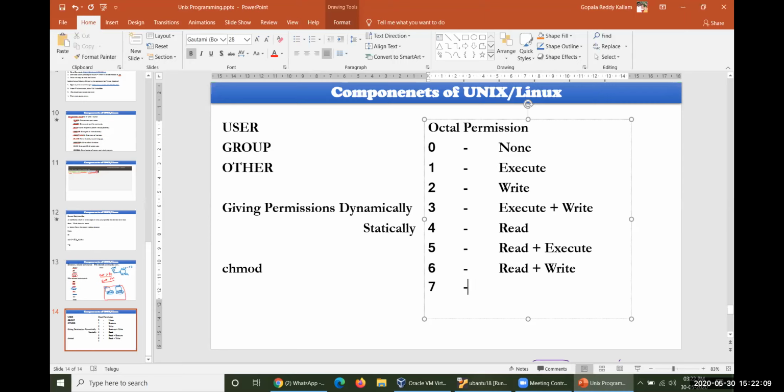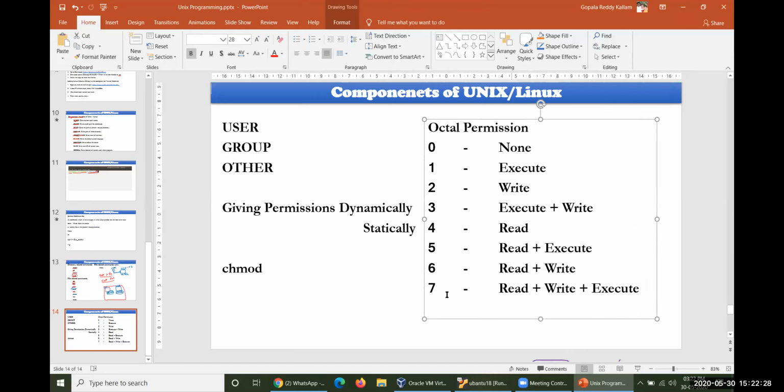Then 7 will be 4 plus 2 plus 1. Sorry, 4 plus 2, 6, 6 plus 1, 7. So read plus write plus execute. All permissions will be given if you specify 7 here.